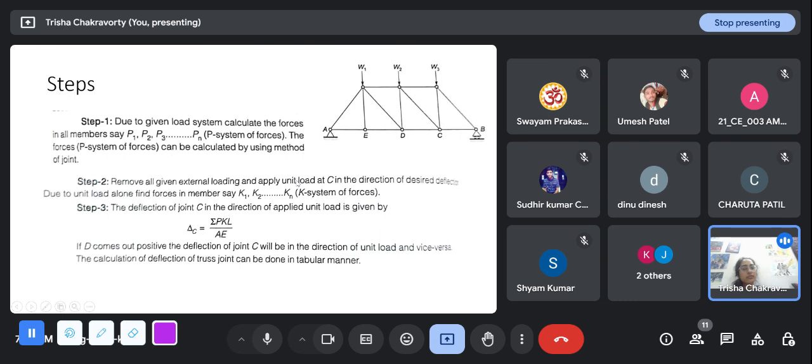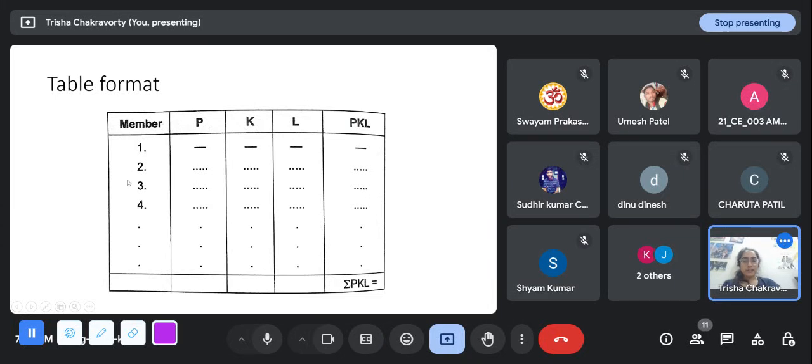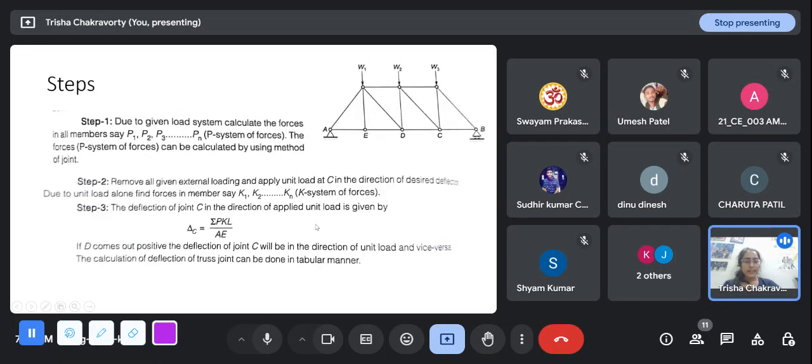And also keep the signs here, positive for tension and negative for compression, or vice versa. You solve both systems with the same sign convention, and write down the system of forces with sign. So the deflection at joint C in the direction of the applied unit load is given by sigma PKL by AE. It is generally done in the form of a table like this. I'll make one row for each member, one column for the P forces, one column for the K forces, and one column for the lengths. Generally we are given the vertical and horizontal lengths, and the inclined lengths you can